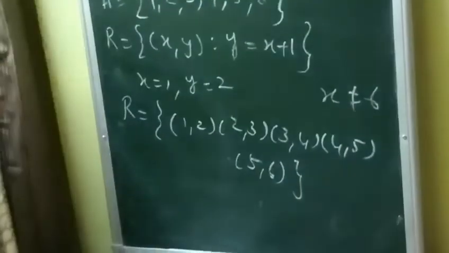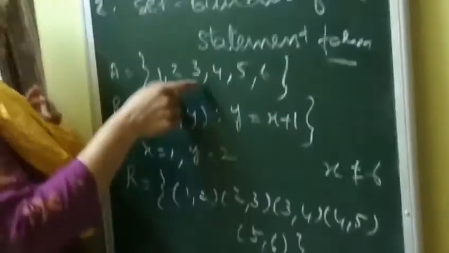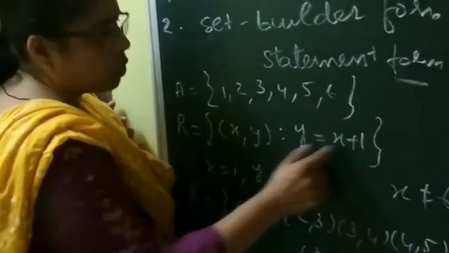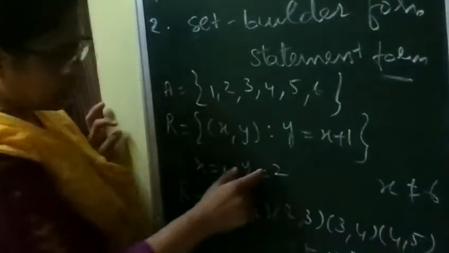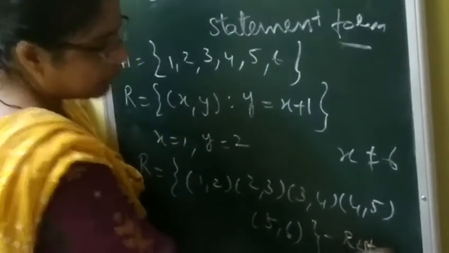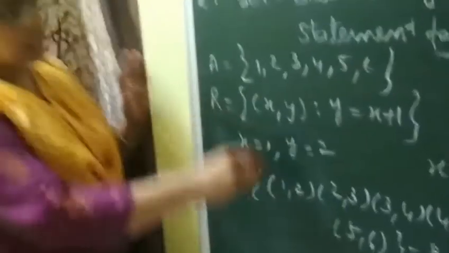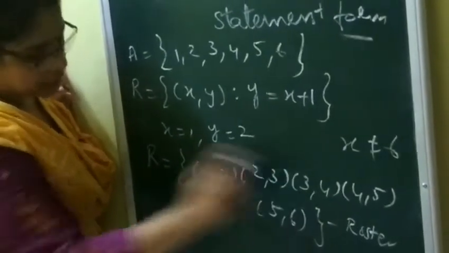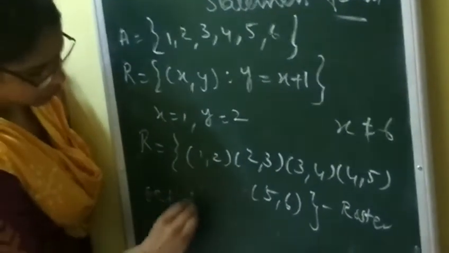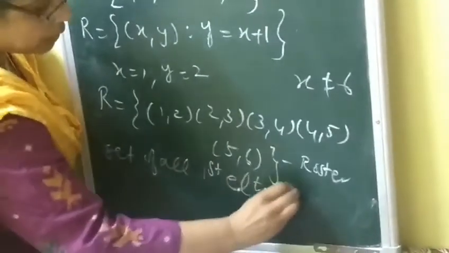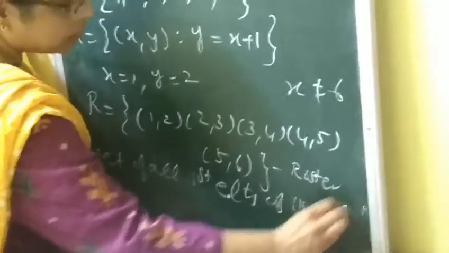That is the relation. You are given a set and we have derived a relationship between both the coordinates. On the basis of the coordinates, we have listed the elements. This is the roster form and this is the set builder form. Now, the set of all first elements of the relation is called the domain.